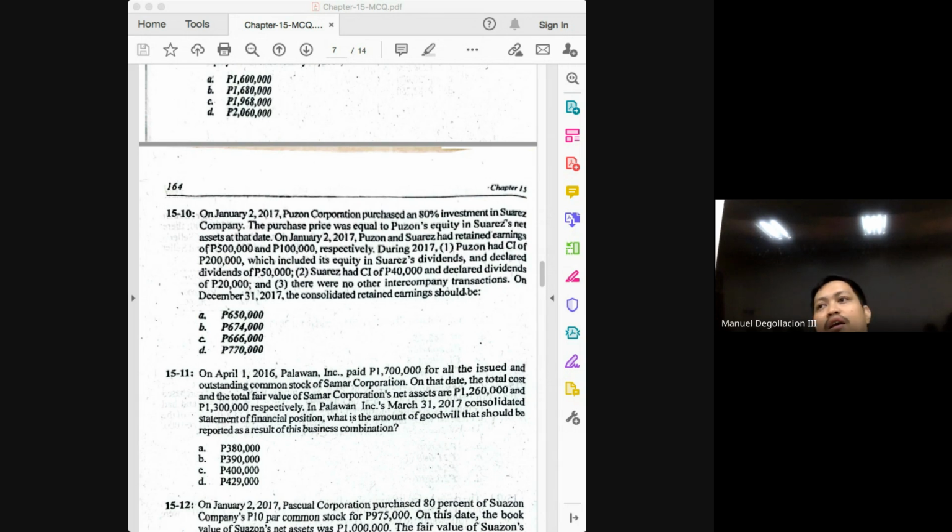So what do I mean? Add all profit from year 1, 2, 3, 4, 5, 6, 7, 8, 9, and 10. Then deduct all dividends distributed from year 1, 2, 3, 4, 5, 6, 7, 8, 9, and 10. And that will give you the undistributed earnings of the subsidiary. Okay, so you need to remember both, class. So that would be the eighth question. How much is the ending RE of the parent? And the answer is 650,000.